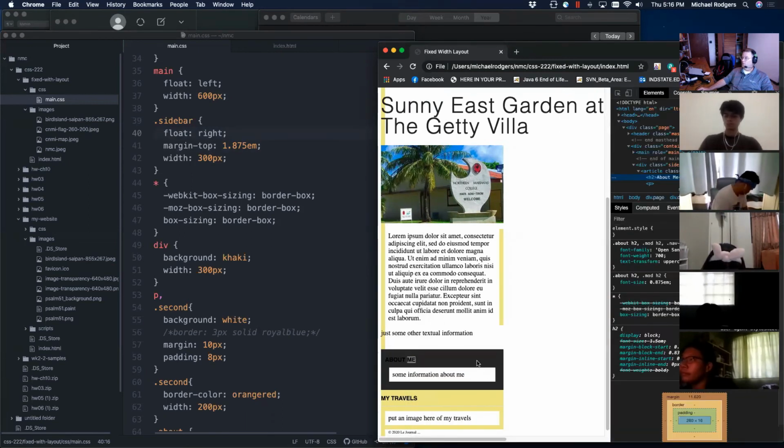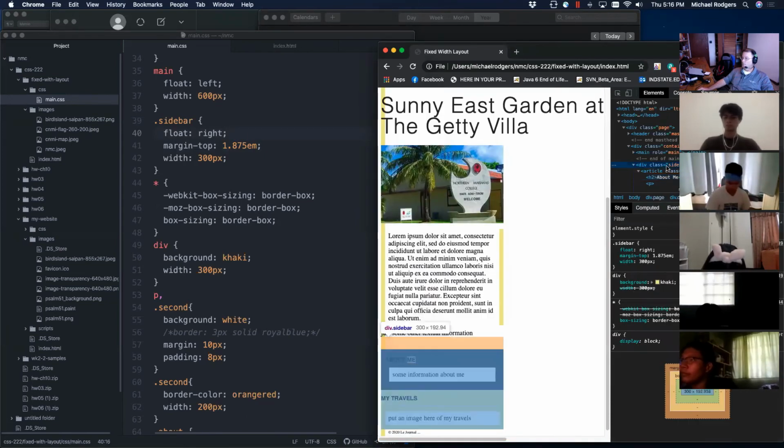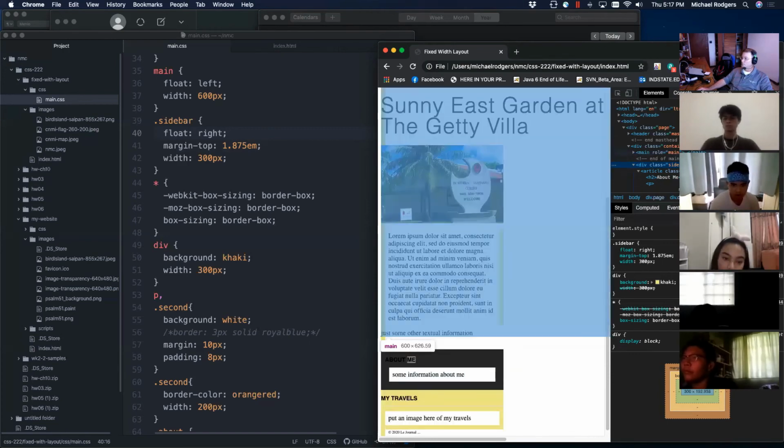This is the part of web development where you have to look into it a little bit. All right, so here's our sidebar. So why isn't our sidebar floating? There's our float. If I hover over it, it tells me the section that we're expecting it to float. And what is this right here? This is